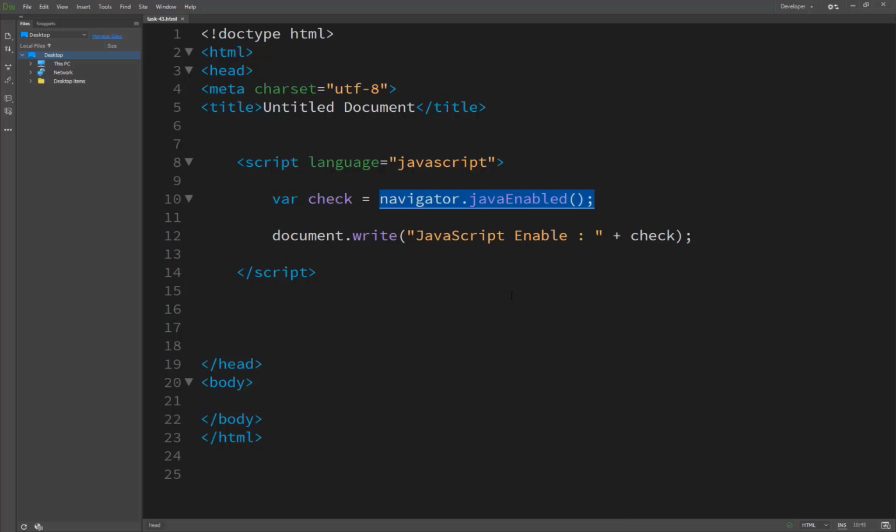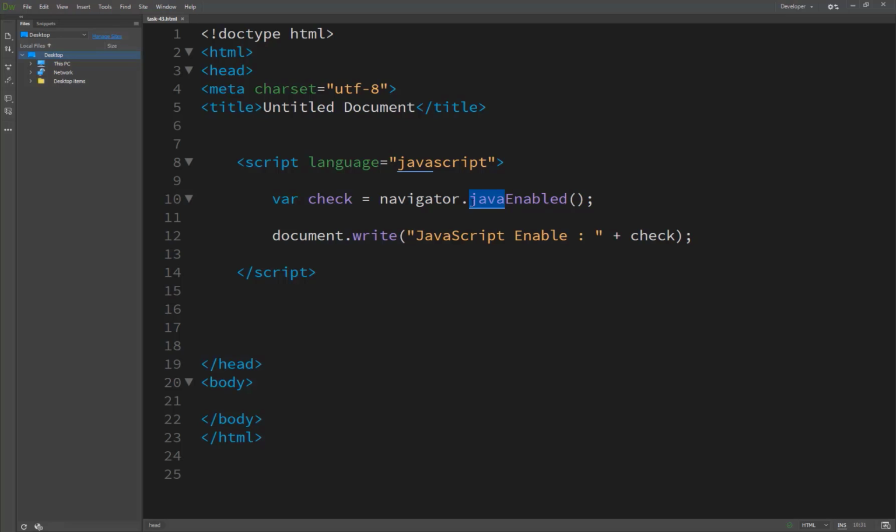So our task number 43 is check if Java is enabled, the javaEnabled function. And why might you want to test if Java is enabled in the browser? One reason would be if you plan to output HTML code to embed a Java applet in the browser.